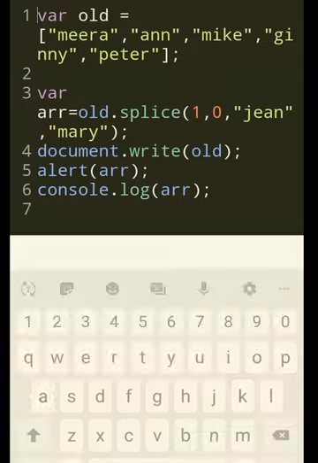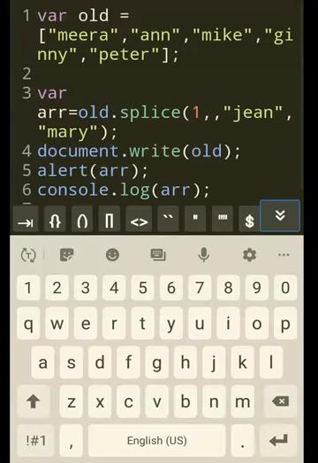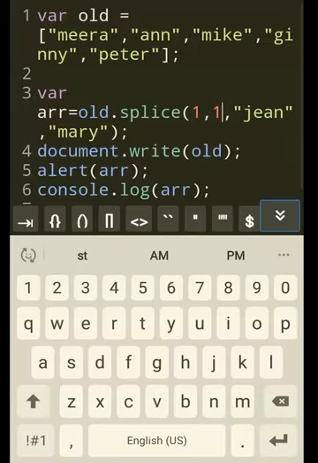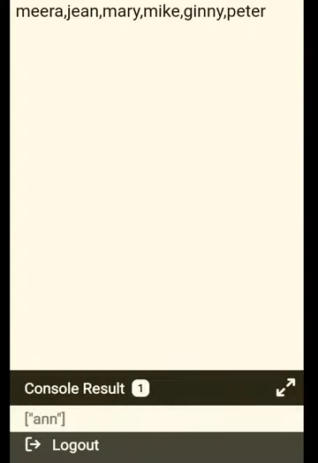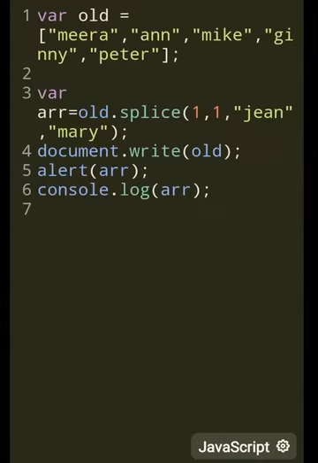Whereas, if one item was removed and then you alert or console.log R, what happens? You get Anne. Why? Because Anne was removed at position 1. At index position 1, what item could be removed? Anne.